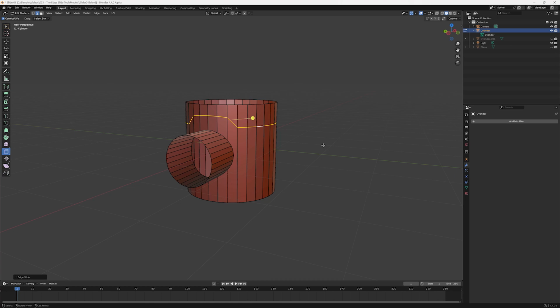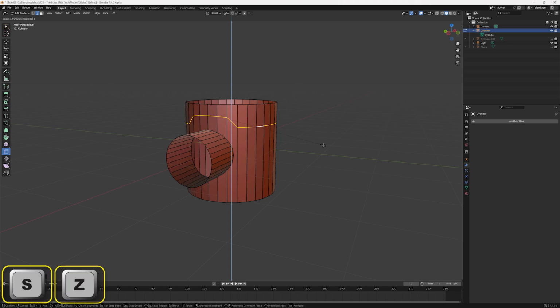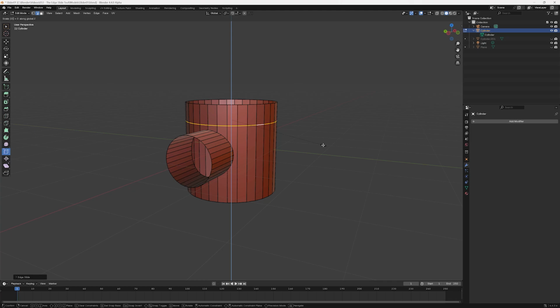The simplest way to correct this problem, and to ensure that all the edges of the loop remain aligned, is to use the key combination S, Z, 0, which scales the selection by 0 in the Z direction, that being the direction in which the edges have previously been moved. You may remember from previous videos that scaling by 0 in a specified direction always aligns the selected elements,